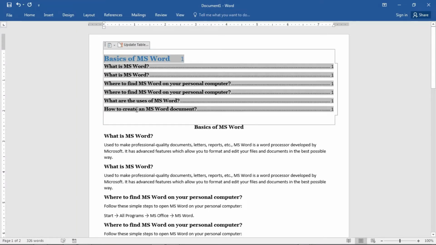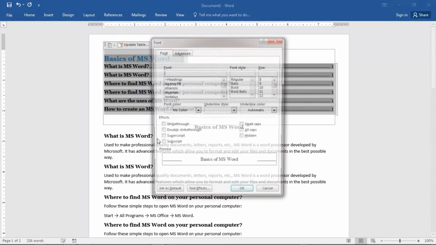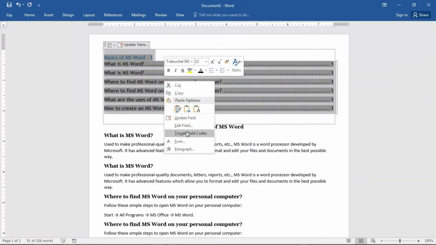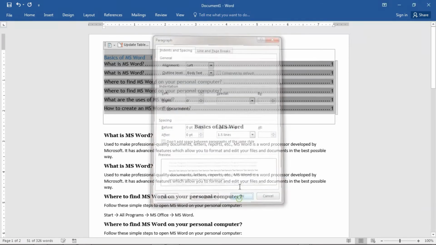And we can customize this format: select it, right click and go to Format. I want this to be Georgia, no, I just want Segoe regular 12. So this is the formatting which I want. Just click OK, and I want the spacing as 0, 0 and 1.5.